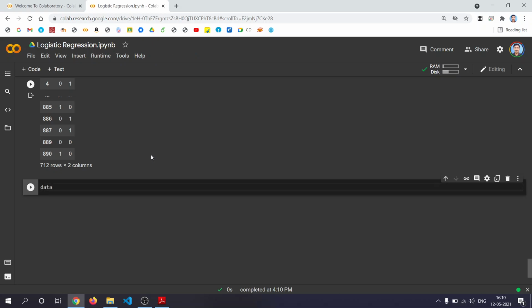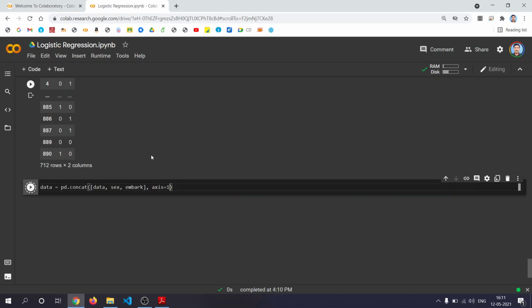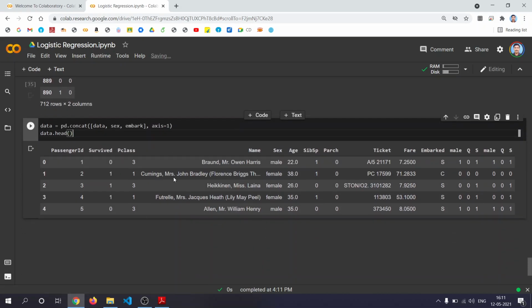So data equal to pd.concat, along with the data you would like to concat the new columns sex, then embark, comma axis equal to 1. Now let's see data.head. What is the data.head now? Data.head contains these many columns.